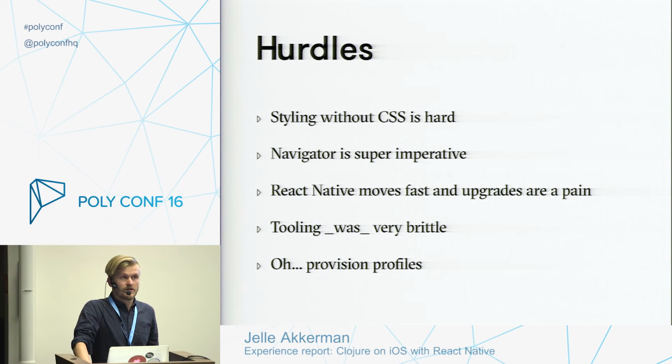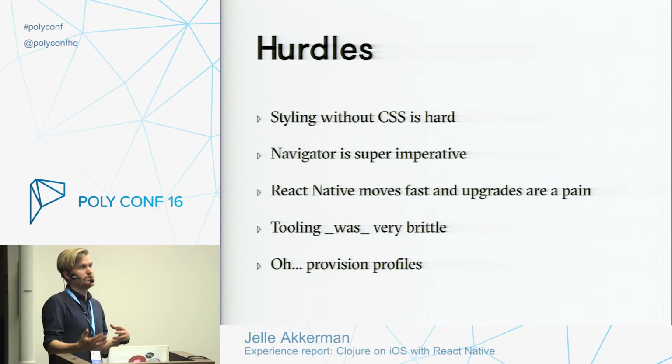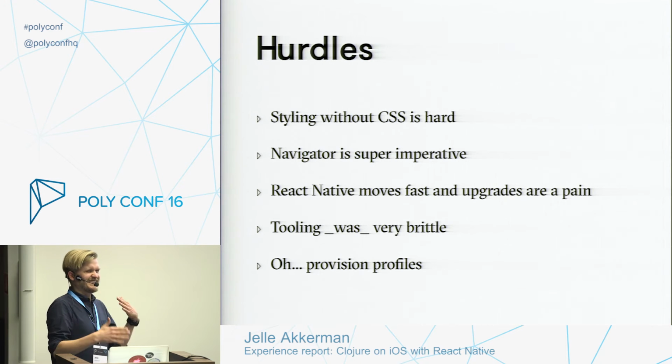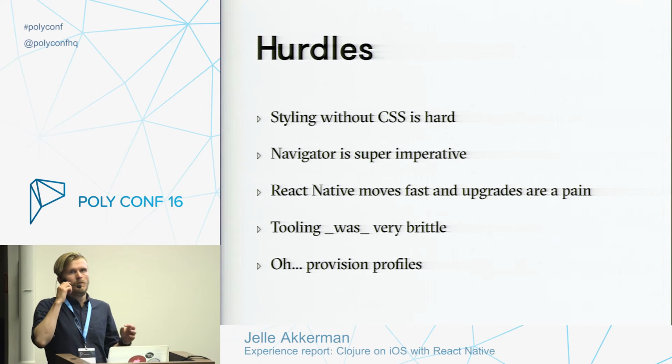Okay, now it will be a bit less positive, but still. So styling, you do not do with CSS. So you don't have CSS files, but you do everything inline. That's quite tricky, especially if you don't really have good tools. So most of the